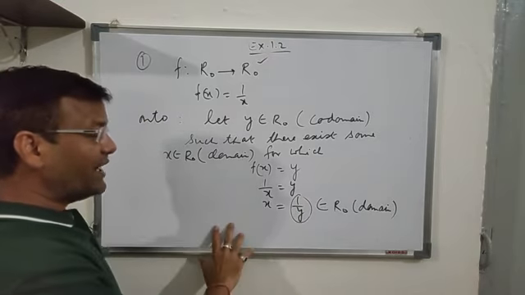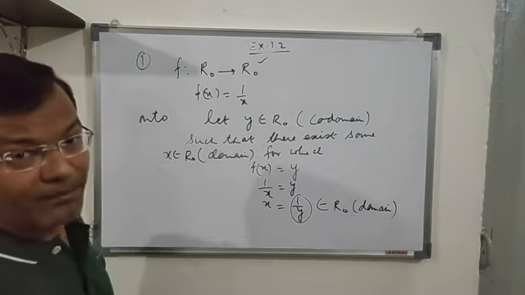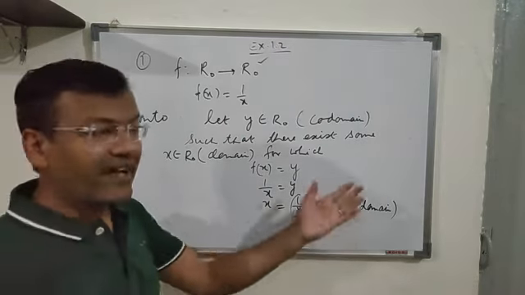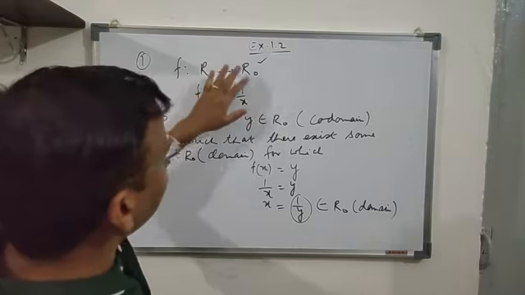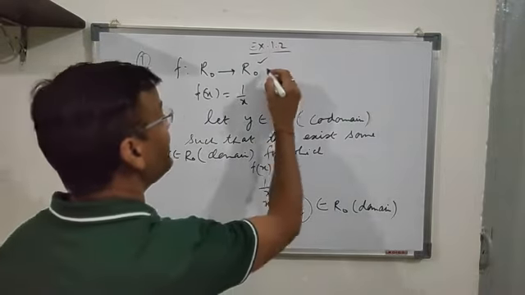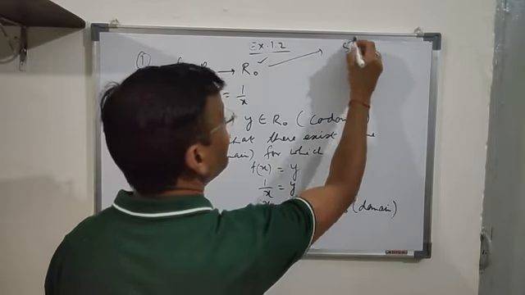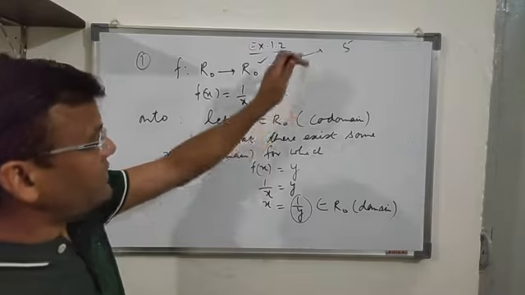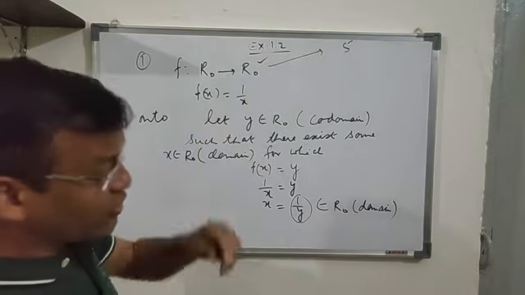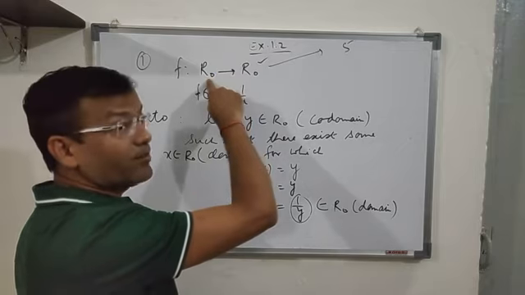That means we have shown that for every element y, there is some element x. I am giving you an example; you can check with the help of an example. Let me check an element 5. What is the pre-image of this? Let us check for every element whether there is a pre-image or not. If I say there is an element 5, what is its pre-image? It is 1 upon 5.